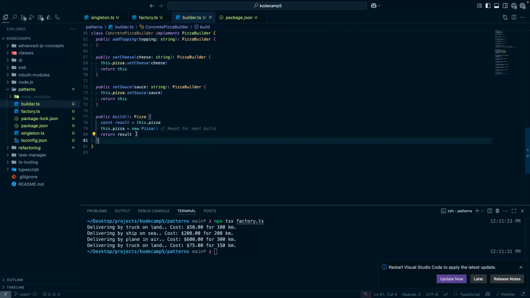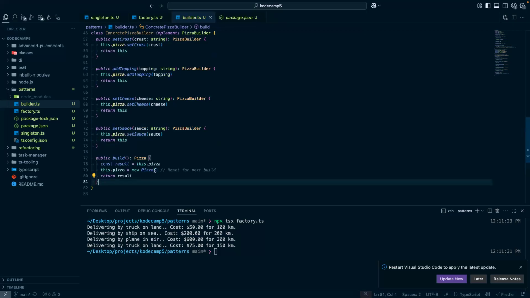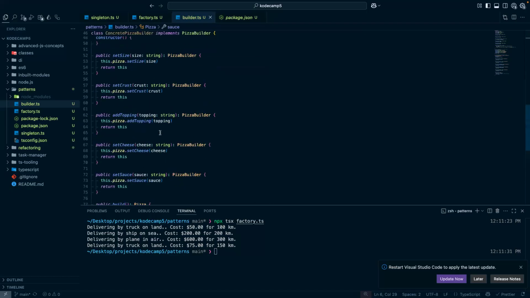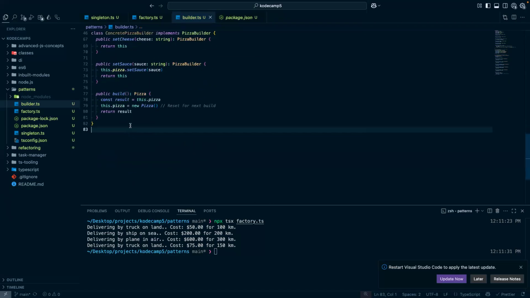So after we build the pizza, we are resetting it, which is a new, remember if you construct it for the first time, no constructor. So we are resetting it for the new builder, which the side is empty, the crust is empty, the toppings are an empty array, and everything is reset to the default parameters. And now that we reset everything for the next builder,